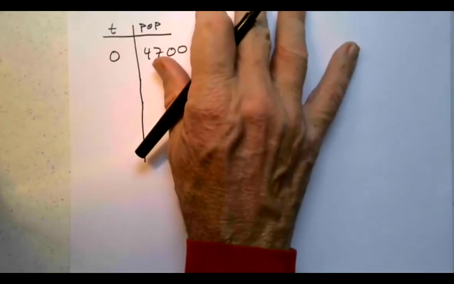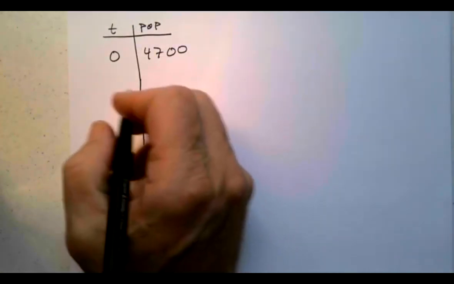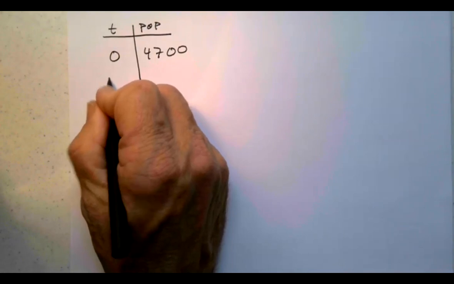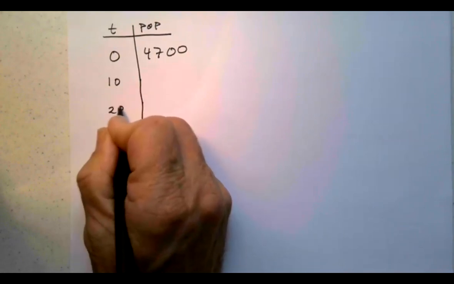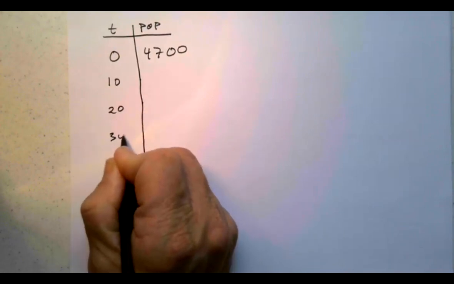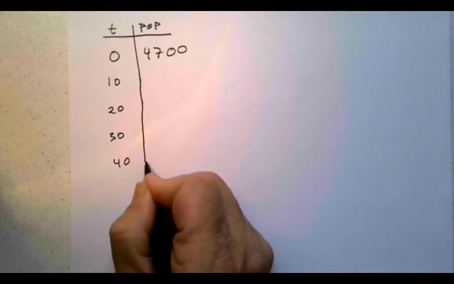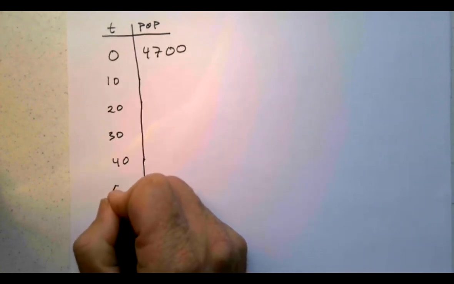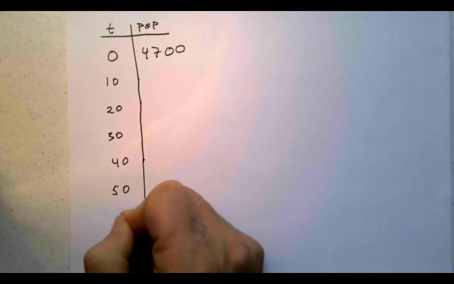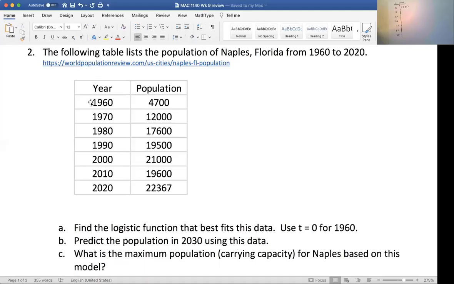And you'll notice it goes up by 10 every year until we get to 2020. So what is that? 0, 10, 20, 30, 40, 50, and 60. So we're going to go ahead and look at the populations of those and fill those in on our table. So we had 4,700,